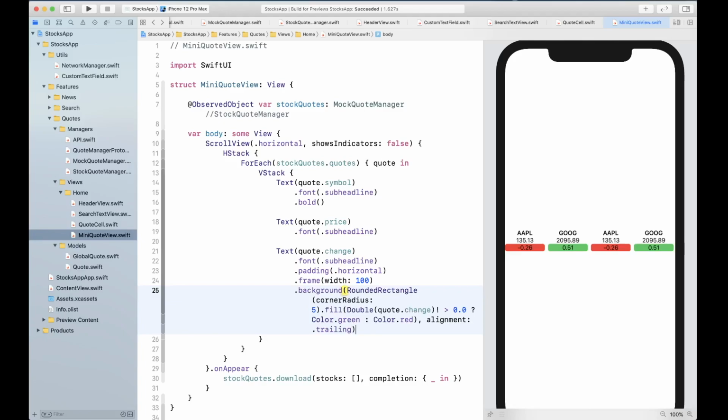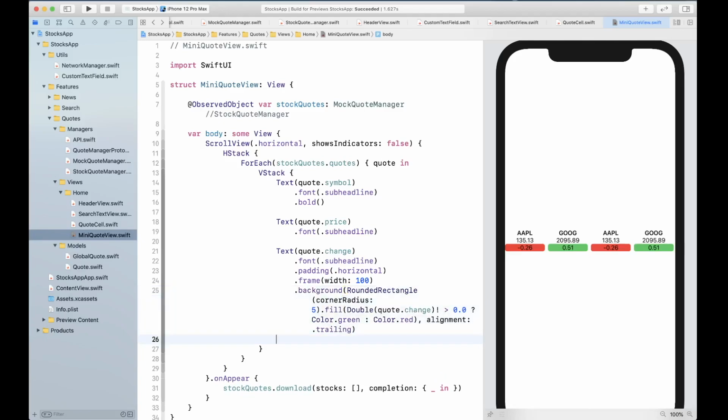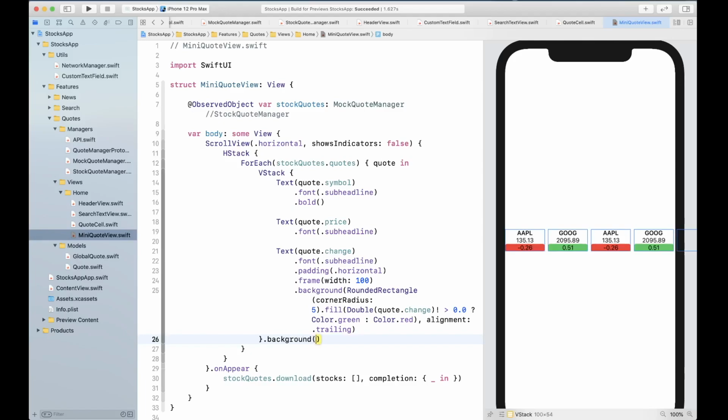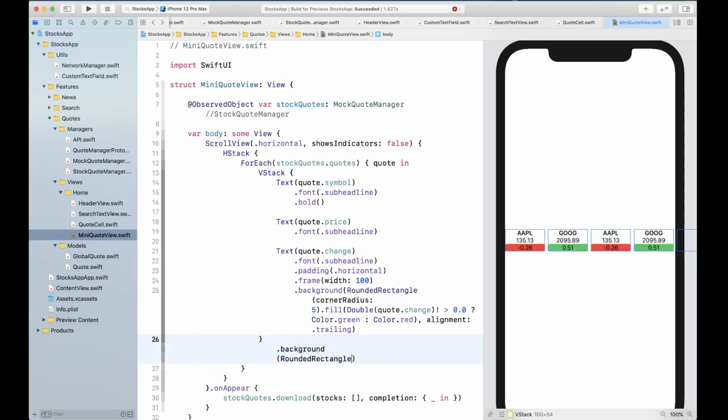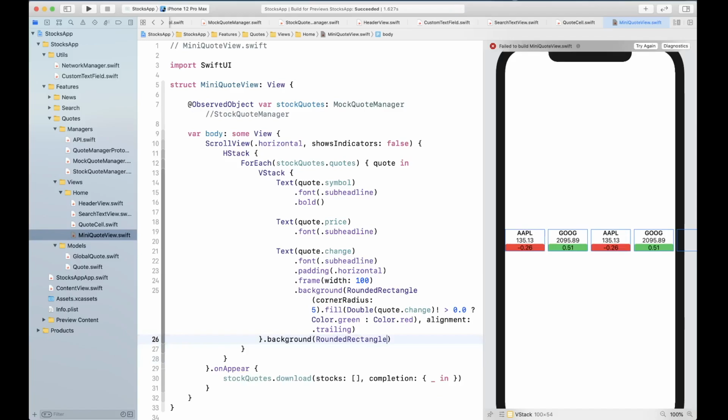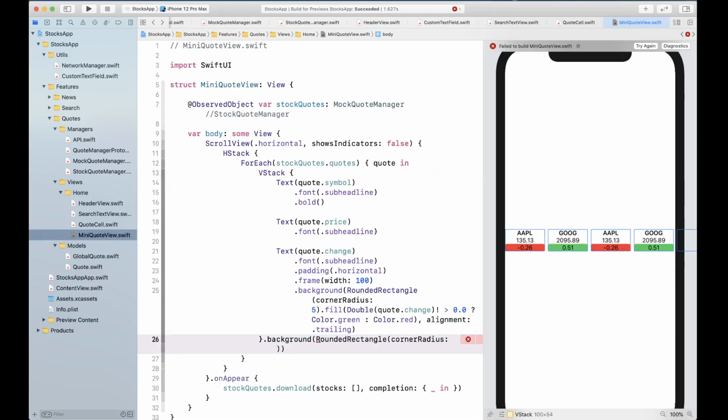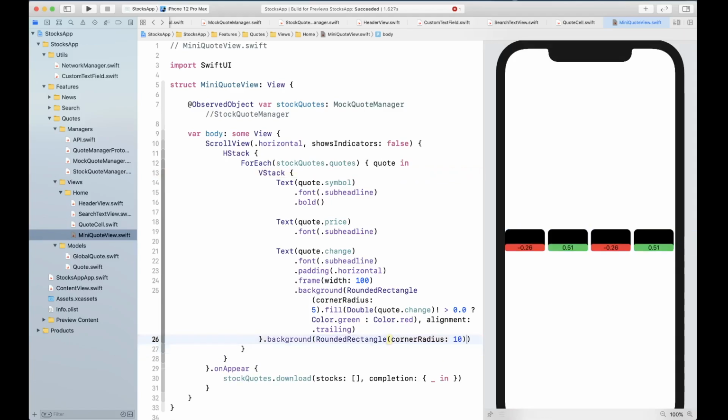Okay, now we're going to give our VStack a background, and this is going to be a rounded rectangle. And this rounded rectangle is going to have a corner radius of maybe 10 points.